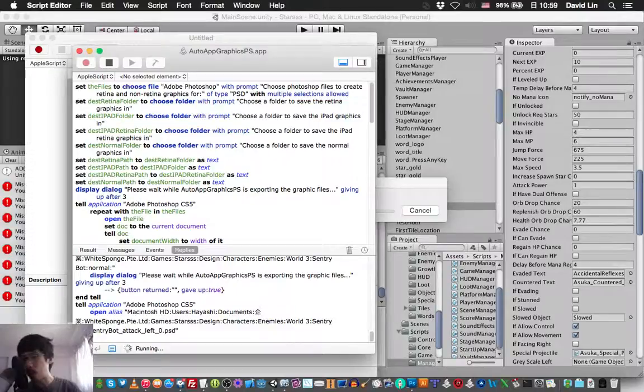Okay, so while it is exporting the images in the background, well, we could just wait for it to finish, or